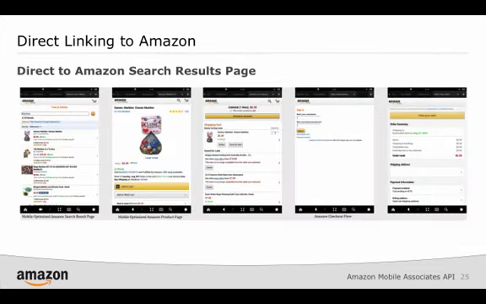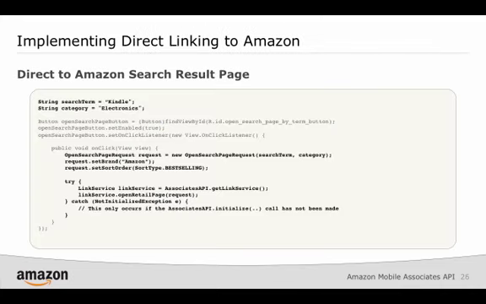The second variant is direct linking to an Amazon search page. This allows you to specify a search term and keyword to the link service. In their browser, customers can view the search results, select products, and complete the purchase after signing into their Amazon account. To direct customers to an Amazon search result page, construct an open search page request, specifying the search keyword, and pass the open search page request object to the link